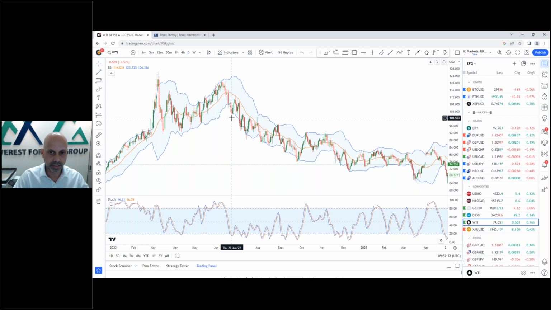we can see here price pushing against the lower bound of the Bollinger Band, breaking through it. We can also see stochastic going under 20, and then after that on 24th of June, as price started to move up through the lower bound of the Bollinger Band, we also see stochastic moving up and going higher. So if we go back to 23rd of June on the 4-hour chart,